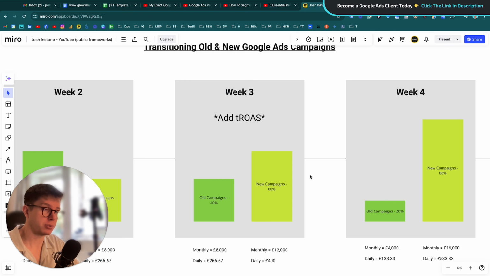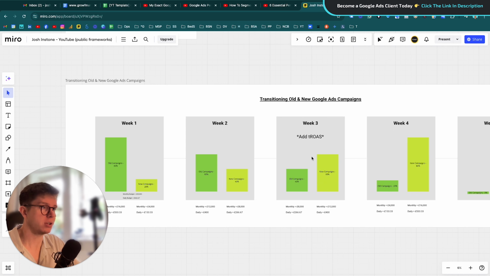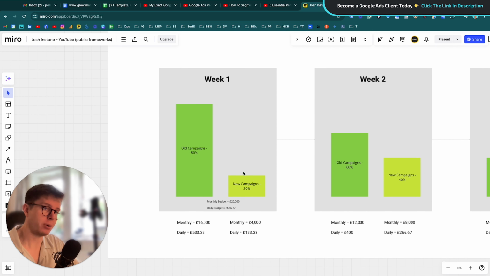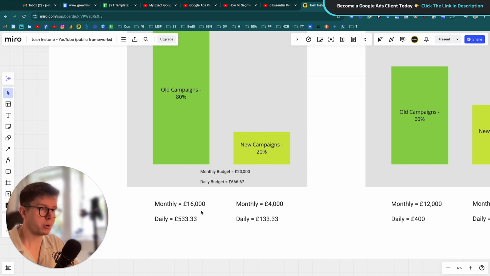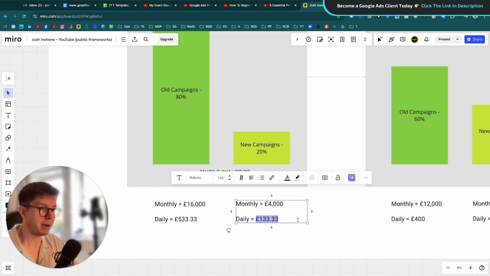But let's run through the actual strategy here. What we have is a 5-week duration: week 1, week 2, week 3, week 4, week 5. Simply put, each week we're going to take away 20% of the daily ad spend from our old campaigns and put it into our new campaigns. With the example of a £20,000 monthly budget, a daily budget of 666.67, our existing campaigns are now going to have a daily budget of 533.33, and our new campaigns are only going to start off with a daily budget of